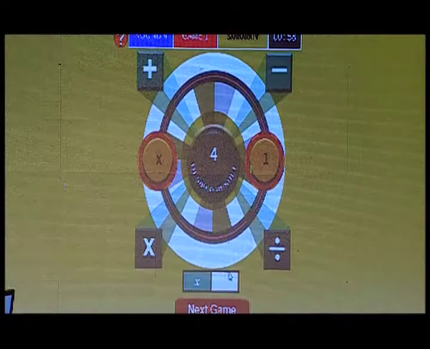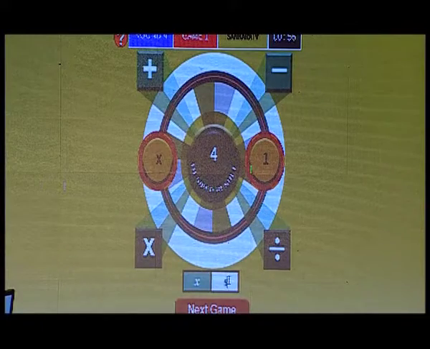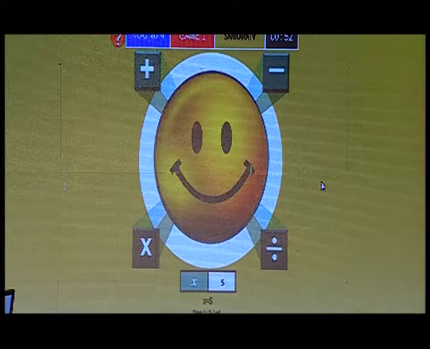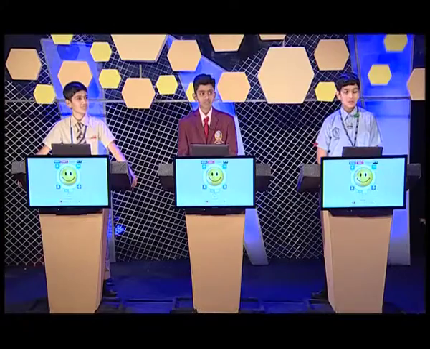X equals 5. One second, let it just refresh. X is equal to 5. 5 minus 1 is equal to 4. Nice. Well done. That's only starters. It's like having soup and starters. The main course gets better after this. Okay, so here we go.